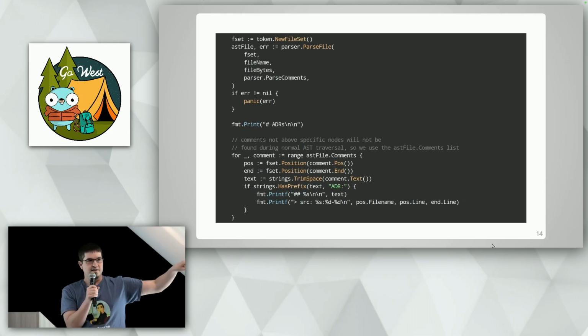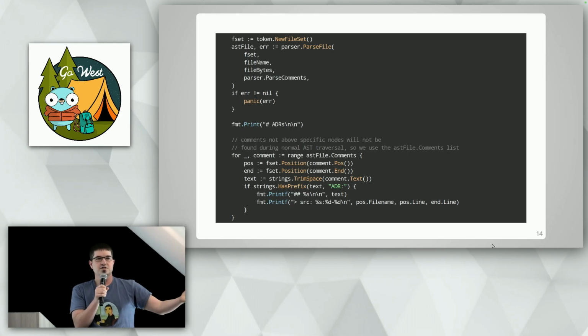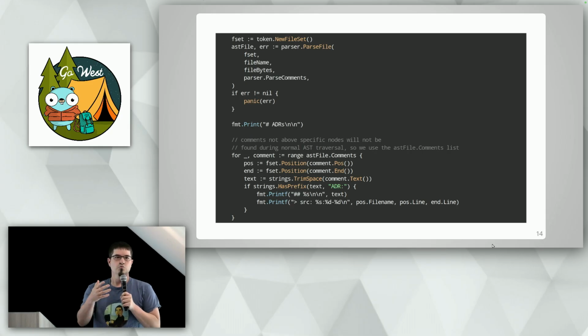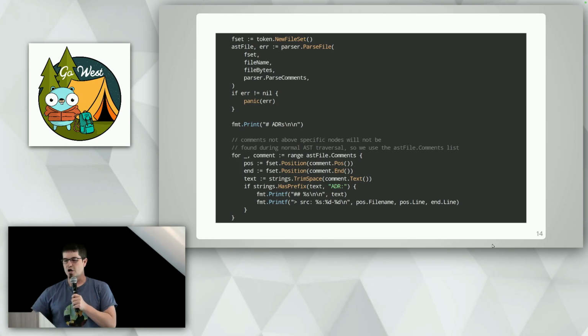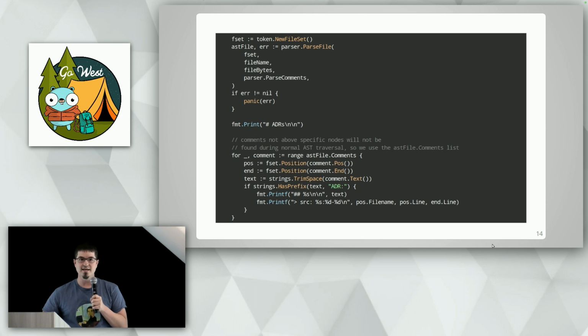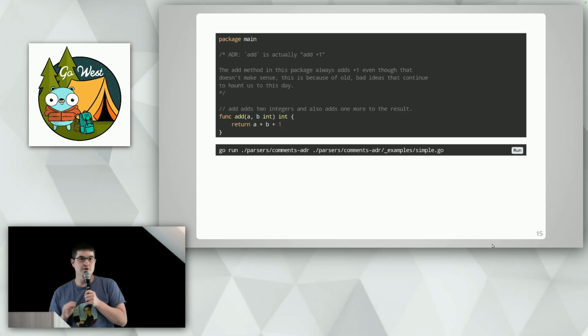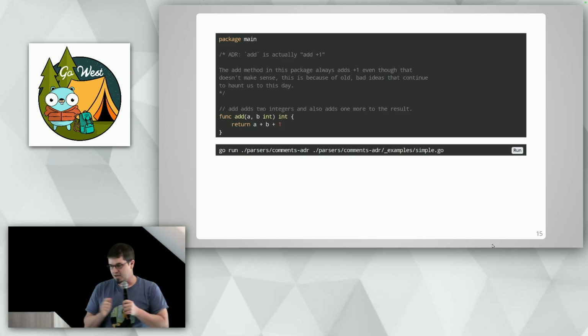We use that file set to locate metadata about what we're looking at. We're going to see, hey, does this start with the string ADR? And if it does, we'll print out a bunch of information about it: the file it came from, the position, and the actual comment. So really, really simple stuff. And this is more or less how I came to ASTs in general. I needed to get this, and someone told me AST is how you do that. I didn't know how AST worked. I just wrote this code. And if we run it, you'll see,